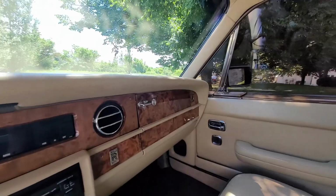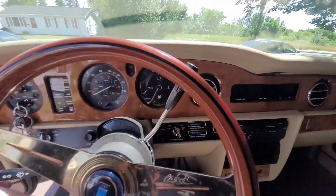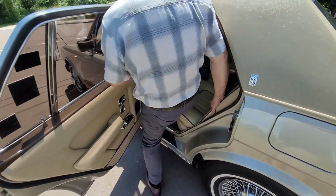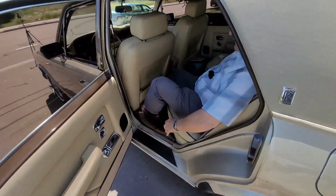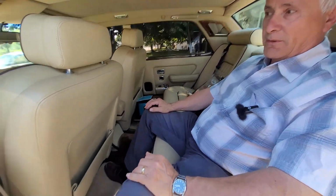Very, very cool. I guess we got to check out the back seat. Got to see what the back seat is like. You can be the star. Oh, yeah. Here you are, sir, in the back of your car. Right? You don't get to sit here as often. No, I don't think I've ever...